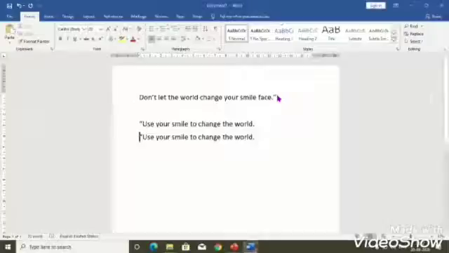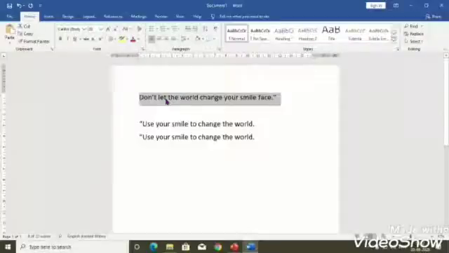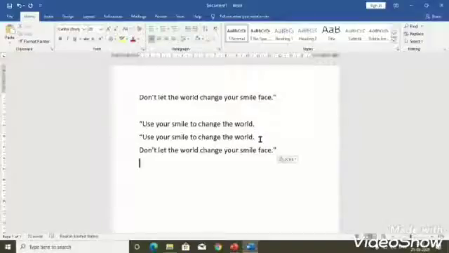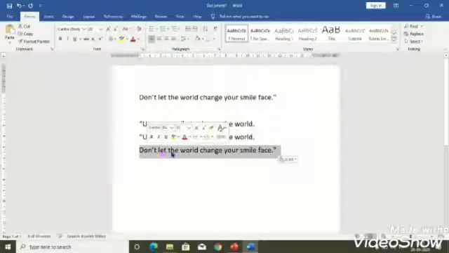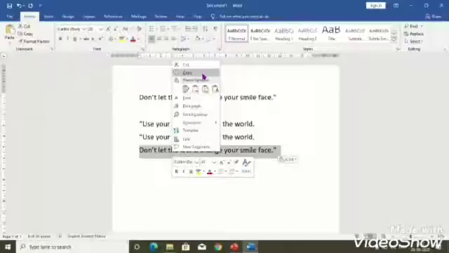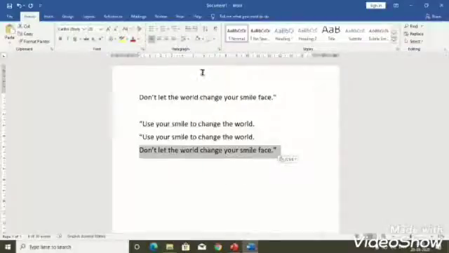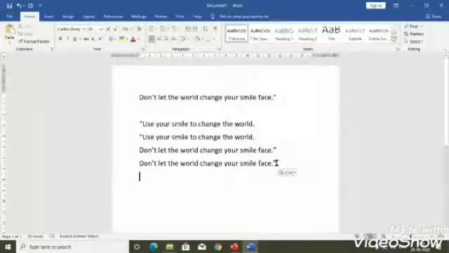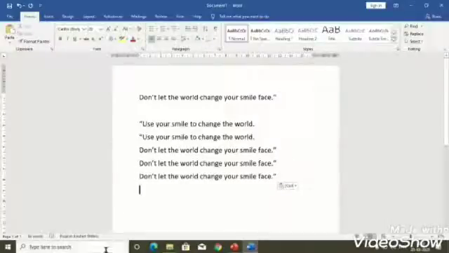Okay, so now to copy the content we select the text again and then press Ctrl+C, which is the shortcut key for copy. Then press enter and paste it in another place. This is the first way. And now what is the second way? We select the text again and press right click, then choose the copy option, then press enter and paste. Yes, we see here this is pasted again and the word is not deleted from here.